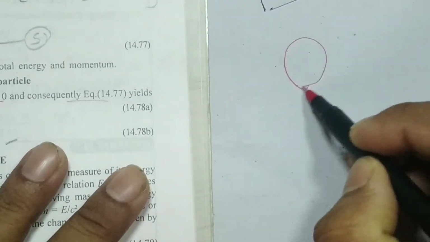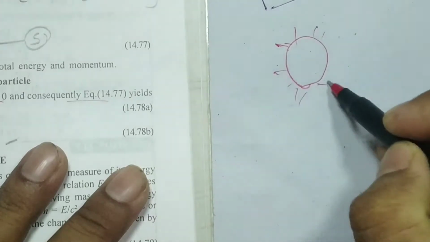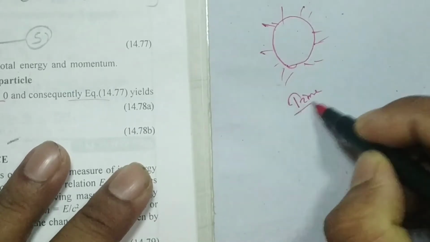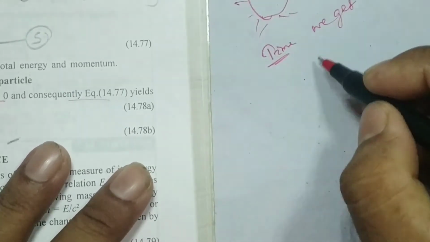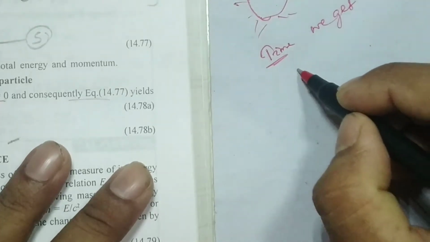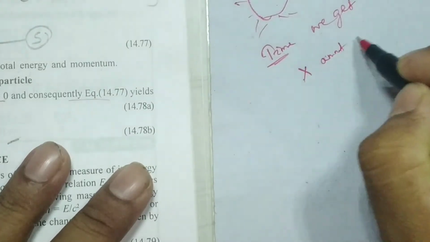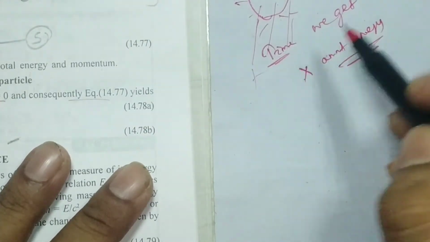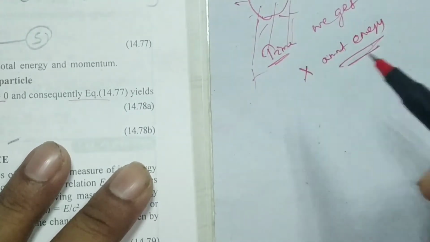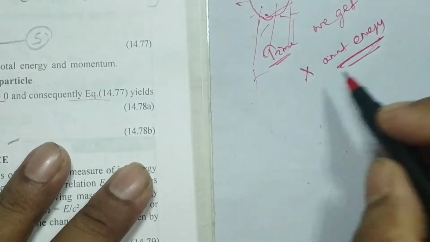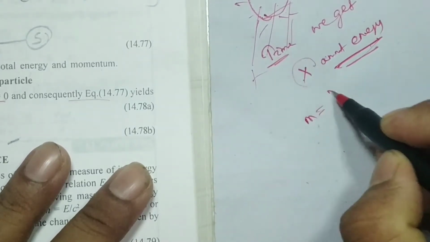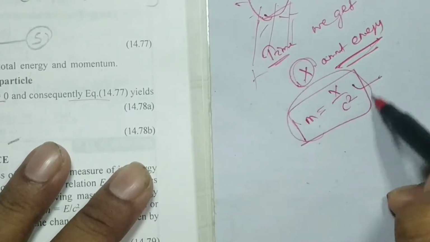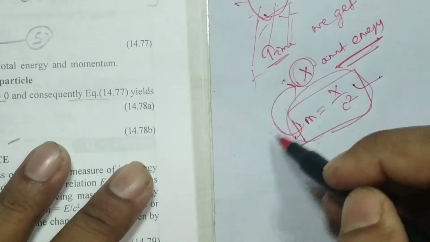Suppose we are going to consider our sun for a particular day, for a particular time. Suppose we got x amount of energy from the sun. So how much mass we have collected from the sun for that particular time? That mass is equal to this energy x by c square. So this much energy means the mass will be this much. So this mass and energy both are interchanged.